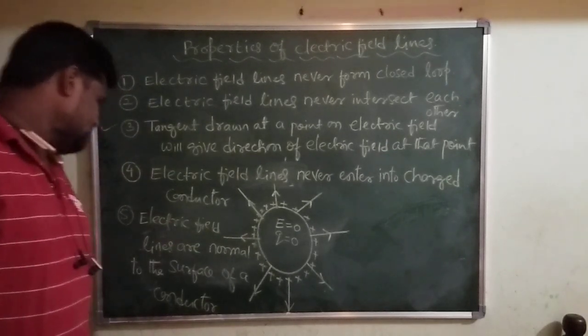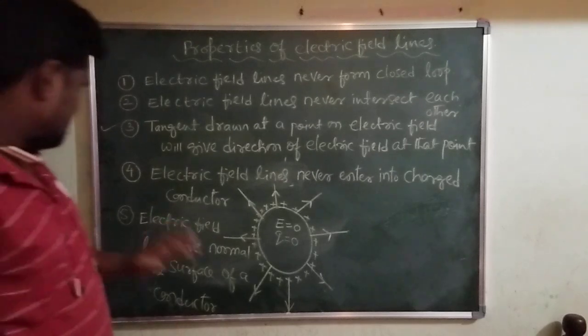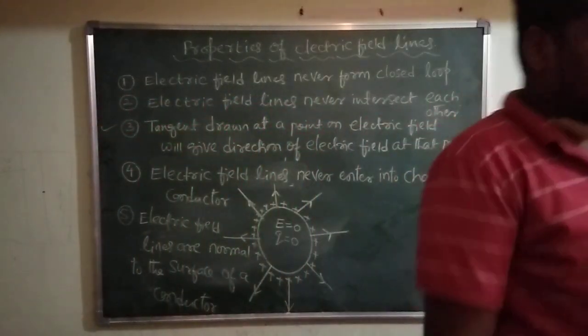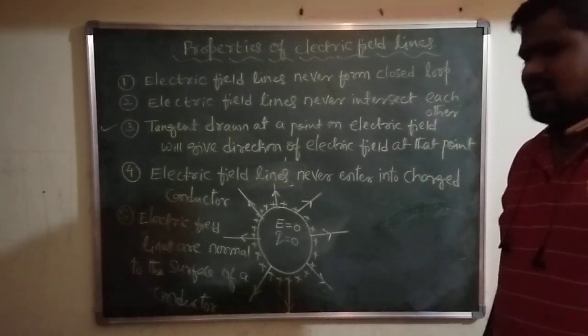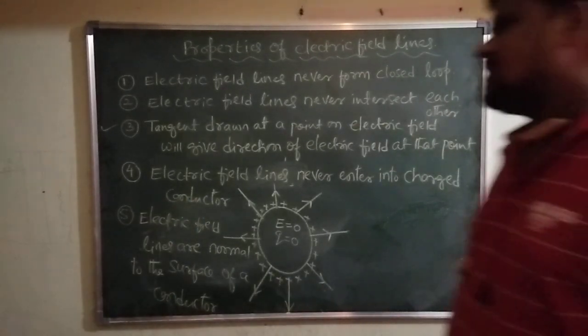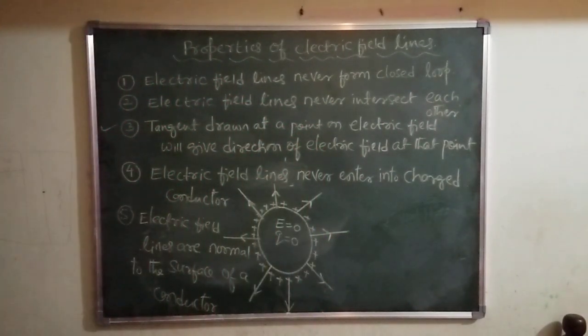Electric field lines are normal to the surface of a conductor. This is the fifth important property of what? Electric field lines. As far as your theory examination is concerned,